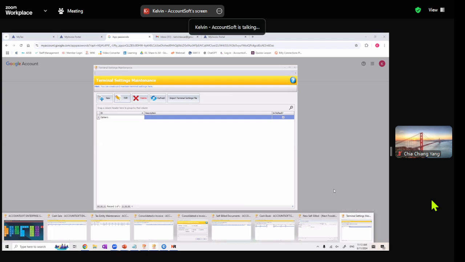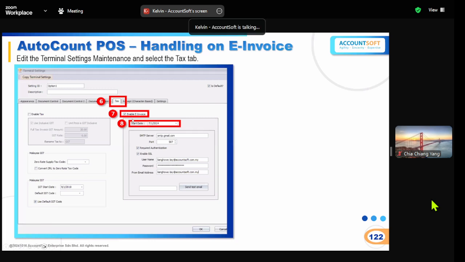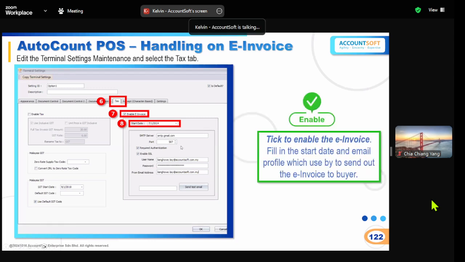If your self-bill is for goods purchased from China, you already input the information on your purchase invoice, because the purchase invoice has a column for you to input the supplier invoice number. So once you enable it,